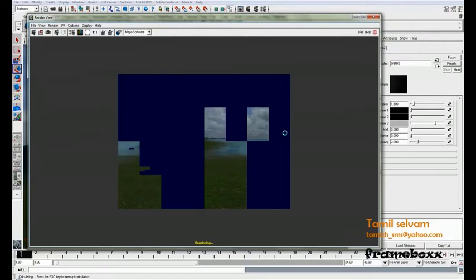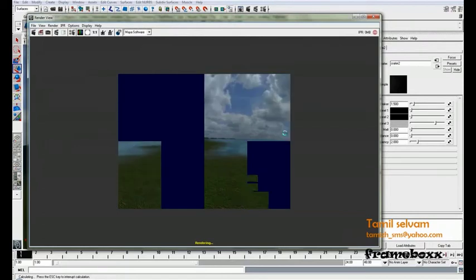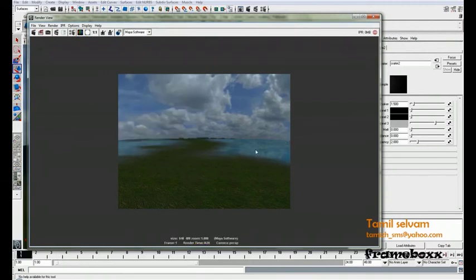That's nice. So the reflection is a bit heavy, and I need a little bit of bump on the water. I didn't have any bump, so I can do it